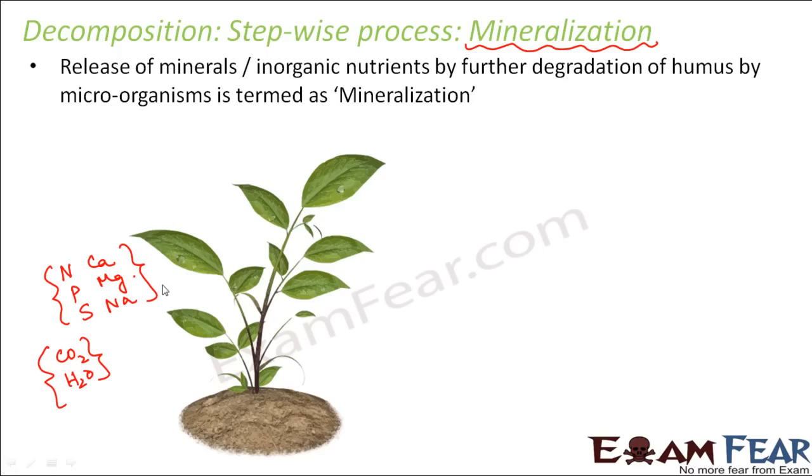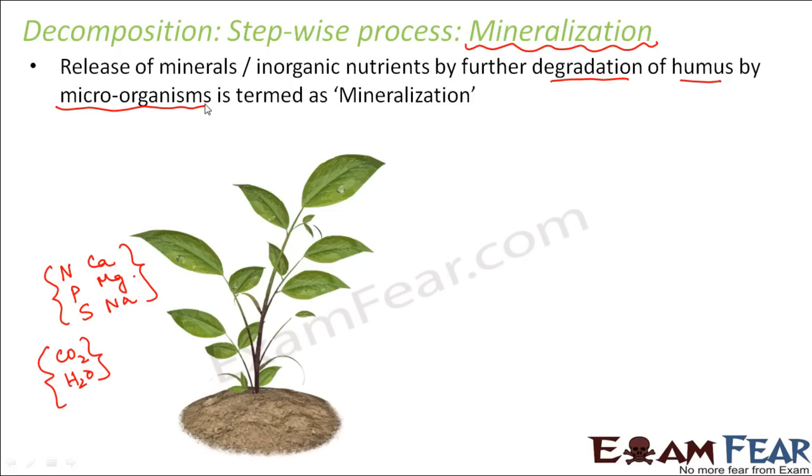Some of them are required in large amounts and therefore called macronutrients, whereas some of these are required by the plant in smaller amounts and hence called micronutrients. So all these formation will take place in this final step of mineralization. And how this takes place? This also takes place by further degradation of humus by microorganisms. So basically the microorganisms like bacteria or fungi, they play an important role in catabolism as well as in humification and mineralization. So they constantly keep on breaking down, further breaking down the substances